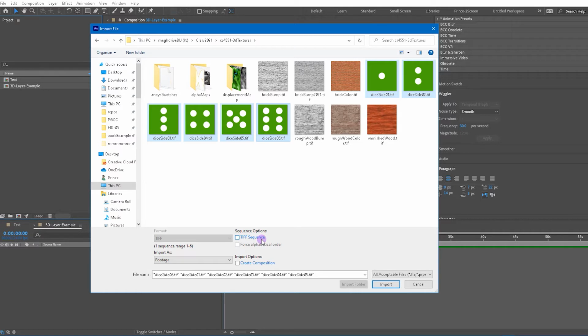If you have the sequence option, it will think that this is frame 1, frame 2, frame 3, 4, 5, 6, and it will try to play it like a video clip with these dice images showing instead of actual images themselves. So you just want to make sure TIFF sequence is not on and footage is